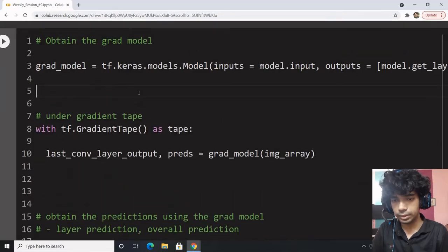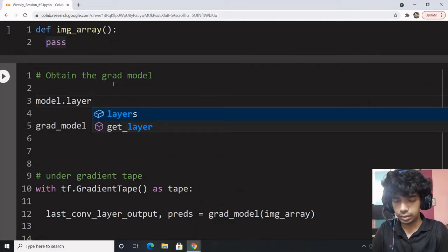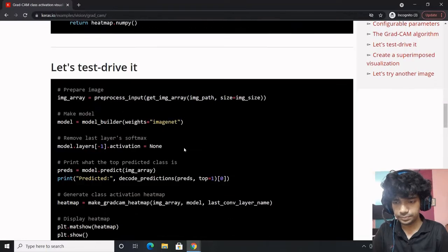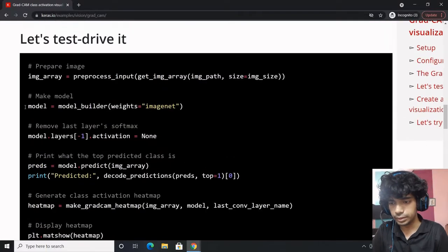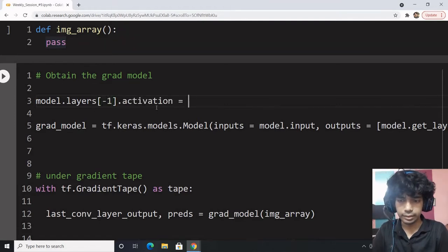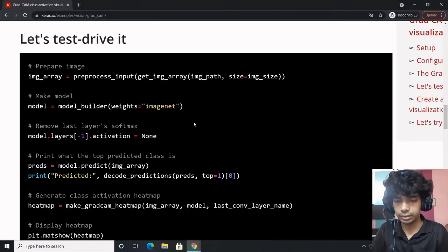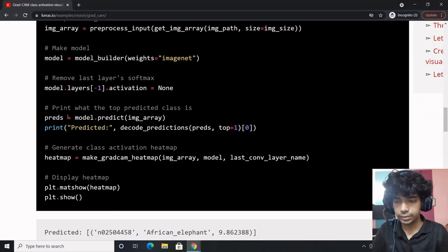the few things which need to be done. First is model dot. So this is what needs to be done. Model.layers, the last layer: take the last layer and make its activation None, because we don't want to apply the softmax. We want to obtain just the final values. Once you do that,